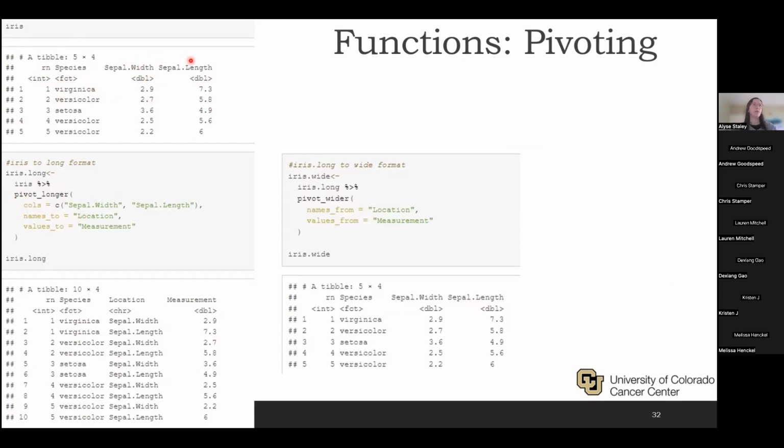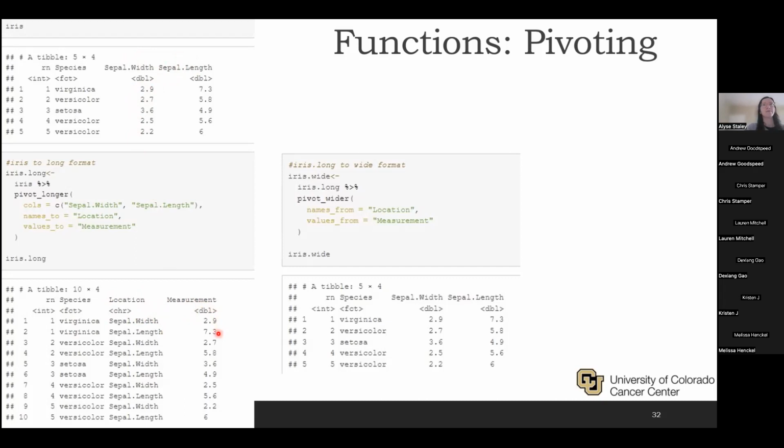Then we need a new column for what we're going to put its names to. So in other words, where sepal width and sepal length will be stored. And another name of the variable that we're going to use to put the values or individual numerical observations in. This can be illustrated here, where location specifies width or length, and our measurement is then presented in